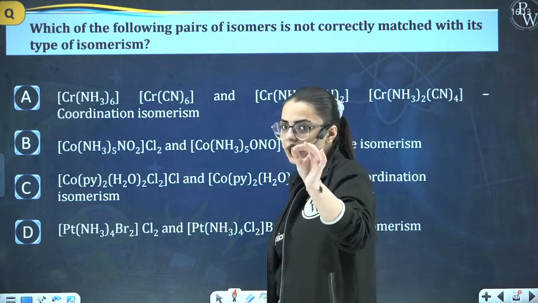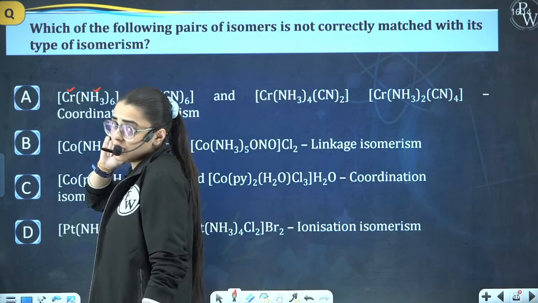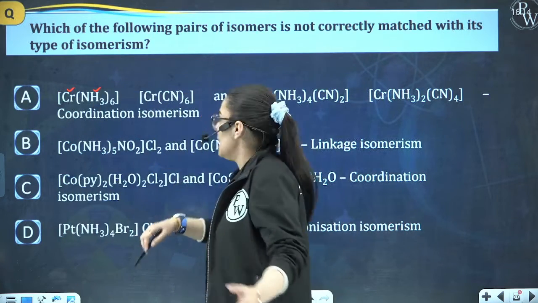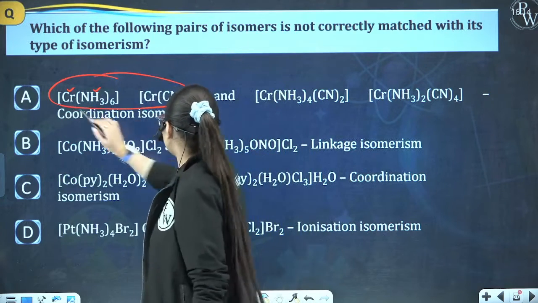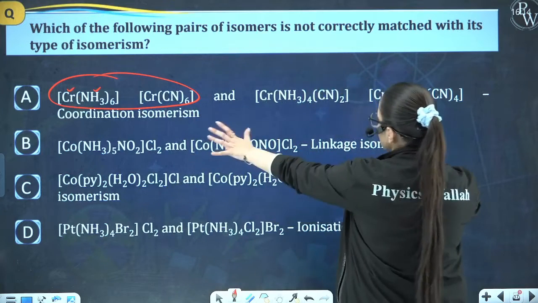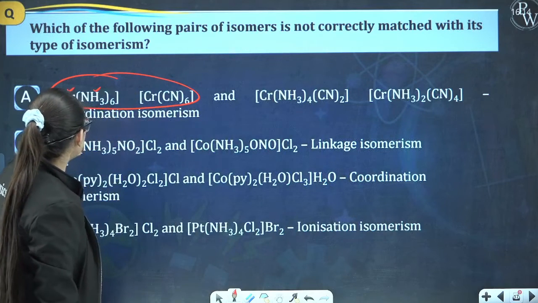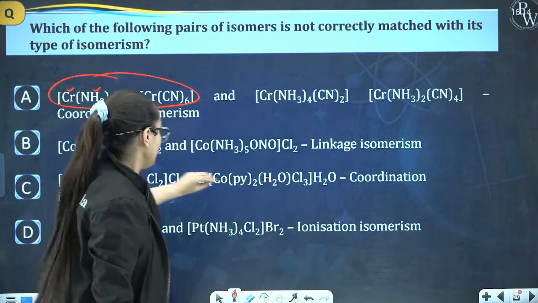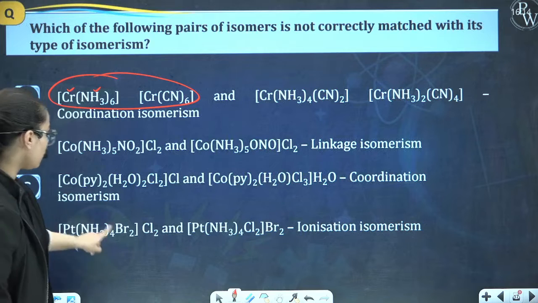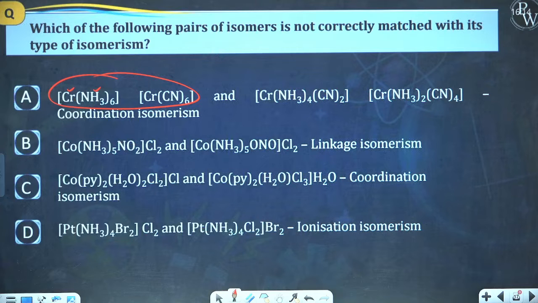If I talk about initially the A option over here, they are saying we have Cr as the central metal atom and we have NH3 6 over here as the ligand. So coordination number again is 6. And here we have Cr and we have CN as 6. This is the first compound that we have, and the second compound is what is happening. Just see the basic difference in both of these over here. Initially they are talking about coordination isomerism, and in the second one they are talking about the linkage isomerism. In the third, again they are talking about the coordination, while in the fourth they are talking about ionization isomerism. So you know all the differences. Kindly let me know which of the following is going to be the incorrect answer over here. Kindly do this fast.